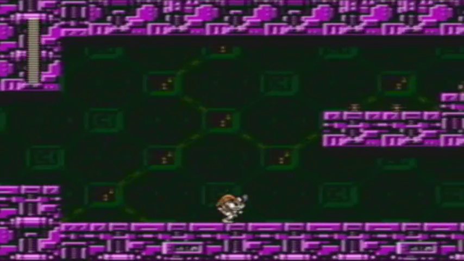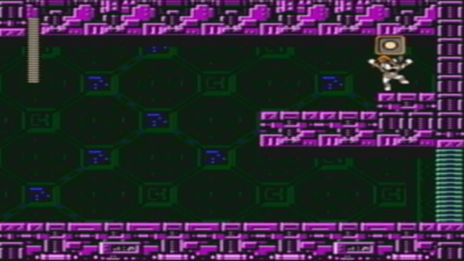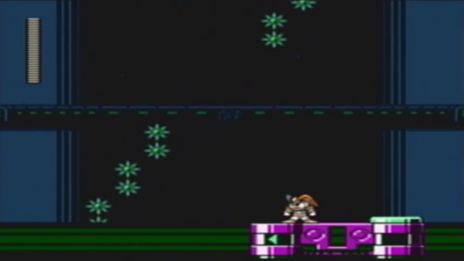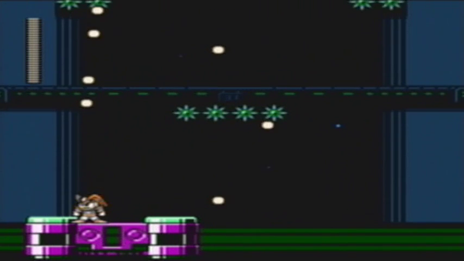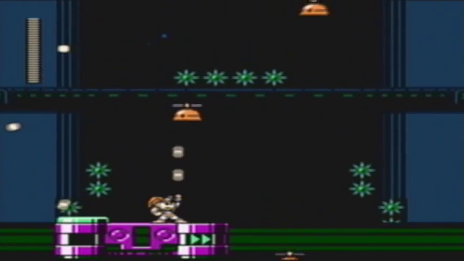a million times easier a stage than Wily 2, which kind of makes me think that this should have been Wily 2 and the last stage was Wily 3. But that's not to say this level doesn't have its share of difficult sections, like this elevator spot right here. The stage is constantly scrolling down, and you have to move the platform by jumping on these buttons. And if